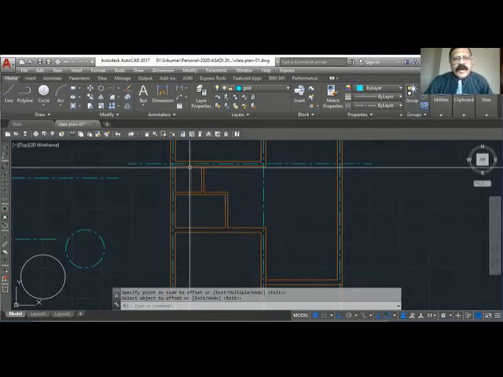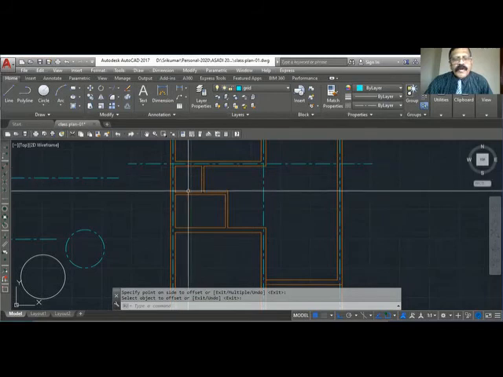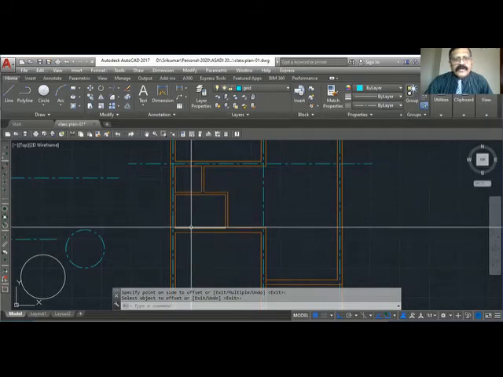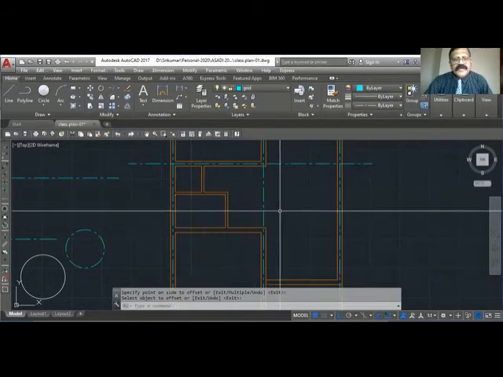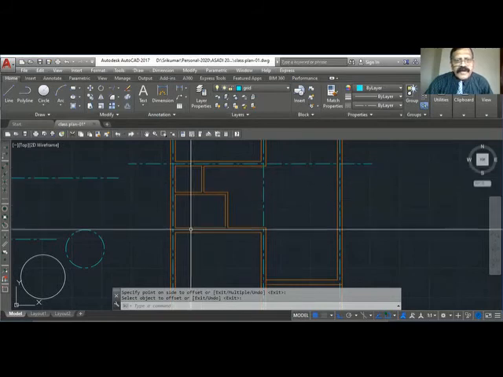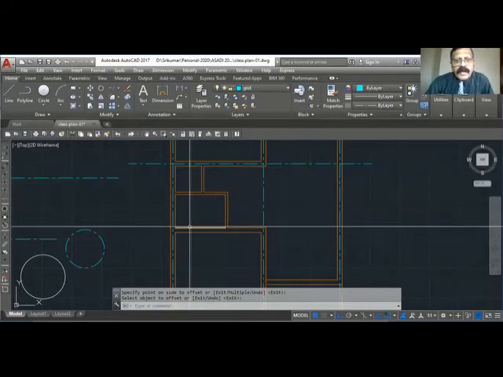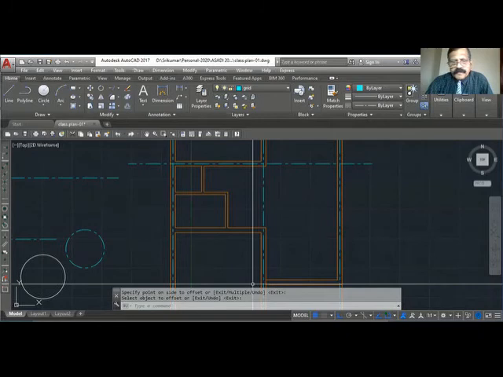I know that this is 1.1, 1.1, 1.4, so 2.5. This is 2.5, 2.6. 2.6 is the measurement from this to here. Okay, this is 1.4, 1.1 is the WC inner measurement, then 10 centimeter wall thickness.